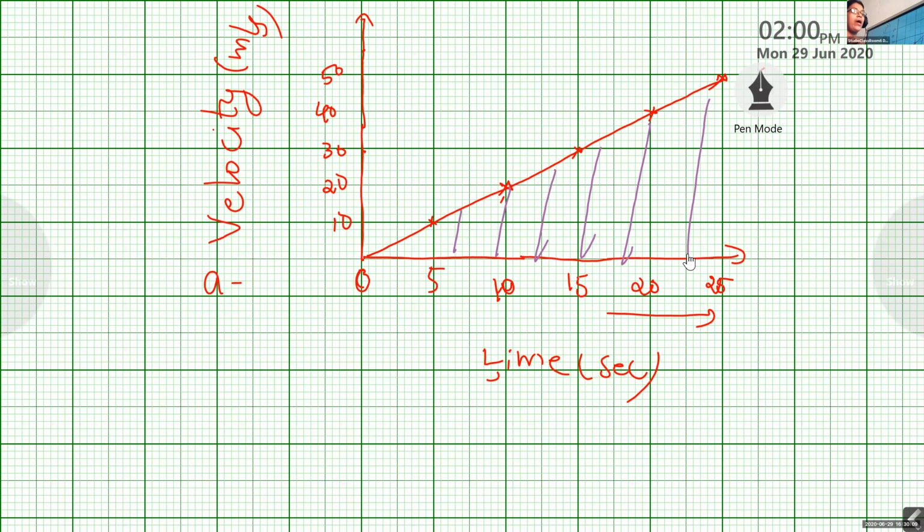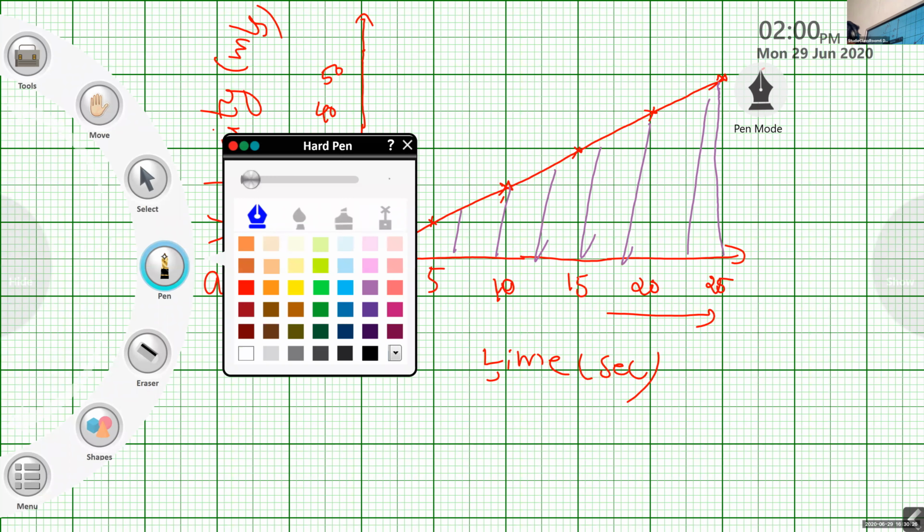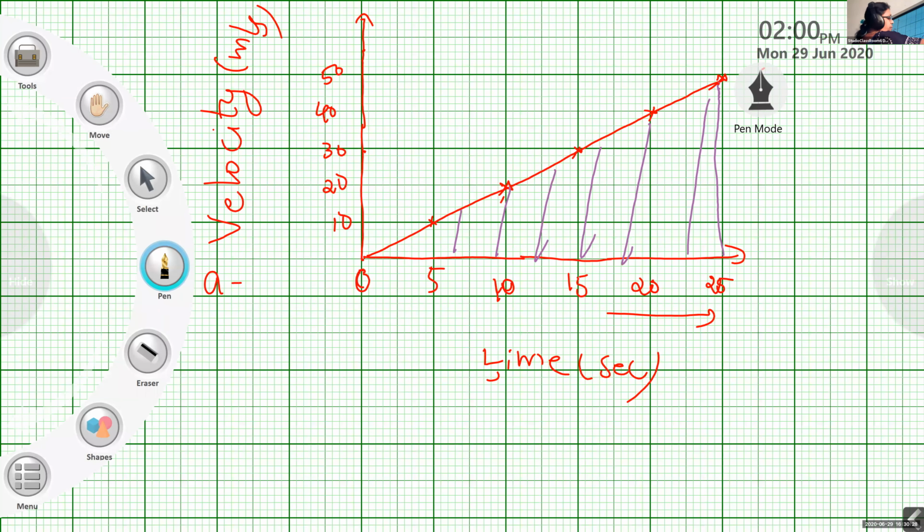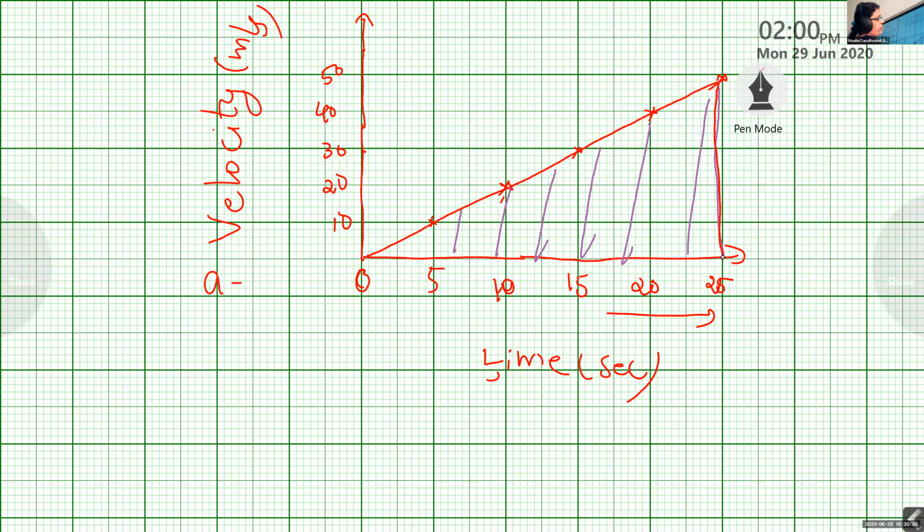Okay, students. Now we are going back to the maths. If you just look at this graph, I am now joining a line from 50 velocity to 25 time. This color is not good, so I am going back to red only. How does this graph look? What kind of shape will you get if I join the straight line? Ma'am, a right triangle.